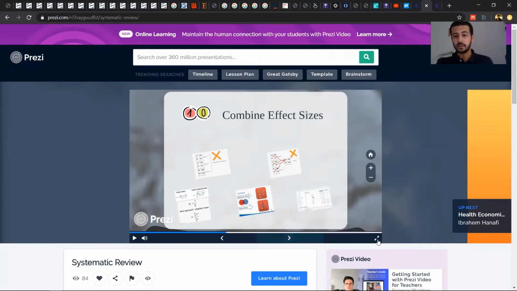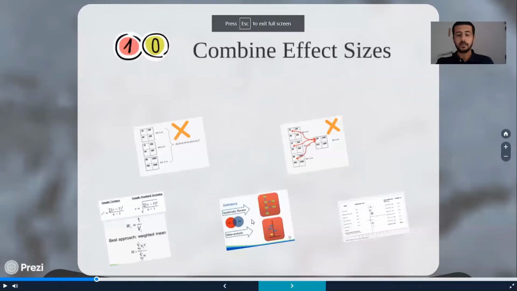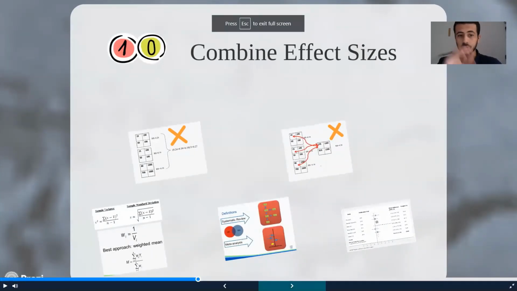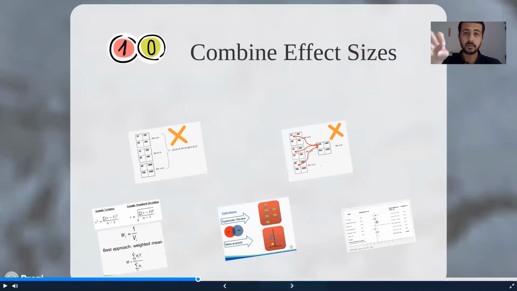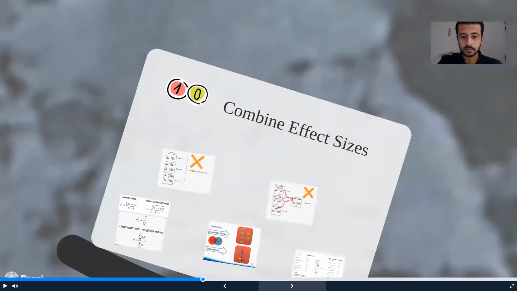Okay, let's talk more about systematic reviews. Okay, we said they gathered data, they gathered the most important RCTs, they extracted,